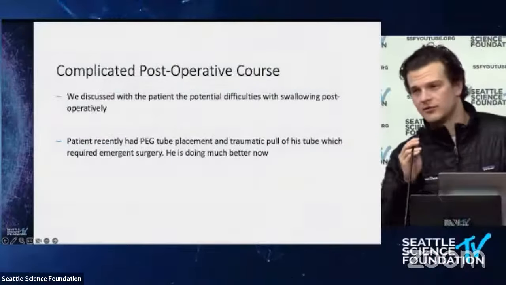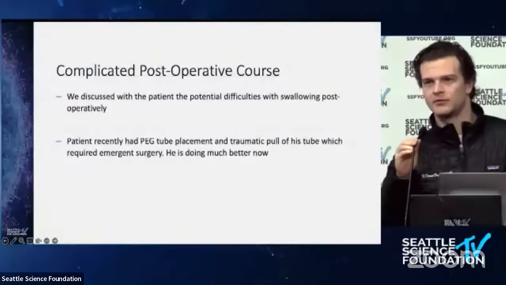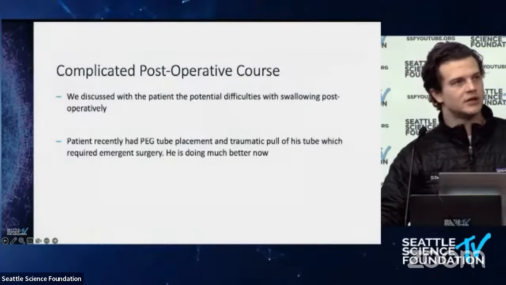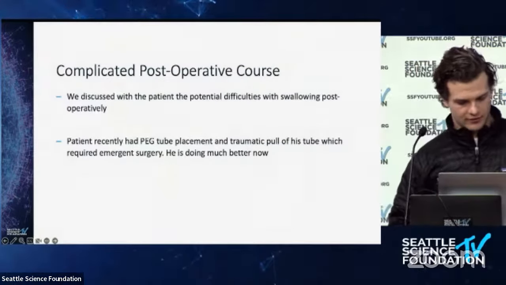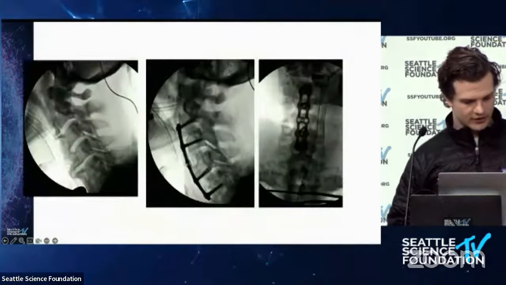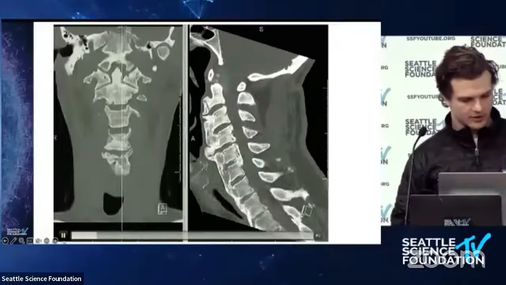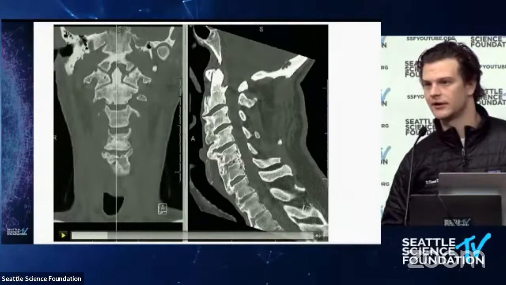So this is a case where we were trying to treat dysphagia as kind of the main source of his symptoms. Unfortunately, he had trouble with dysphagia postoperatively. Is this something that you've seen as an indication for spinal surgery in the past? No, I haven't seen it before. Where I was before, we probably wouldn't have been referred this patient, in fairness. So being here, I think it's pretty impressive imaging. I do think that his quality of life was compromised. So I certainly understand, hindsight's always 20/20, but I certainly understand the decision to go forward with this guy.